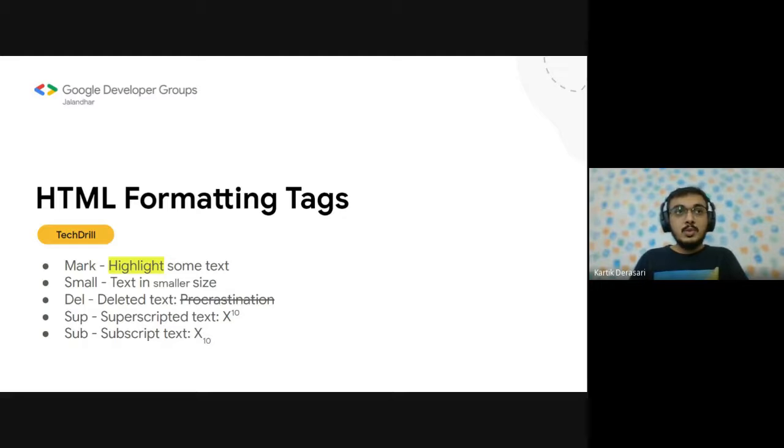And moving on to other HTML formatting tags. Again comparing to a word processor, if you want to highlight some text, we can use the mark tag in HTML. Whenever we want something in a smaller size, we can use the small tag.